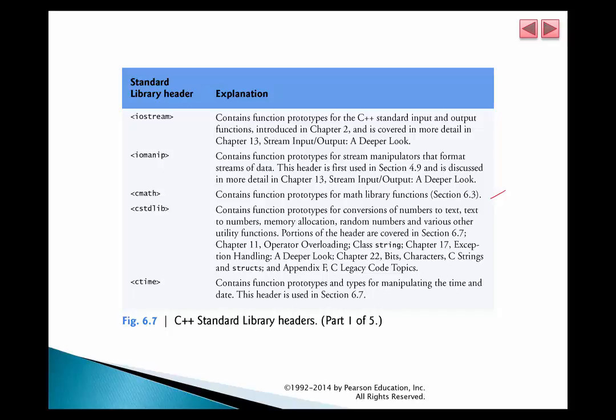Our standard cstdlib library, the convert standard library: numbers to text, text to numbers, random numbers, all that stuff. ctime. Some people just include all of them. It doesn't hurt to just include them all. When we do a lot of the header, we don't need to go back to the header, write string, and